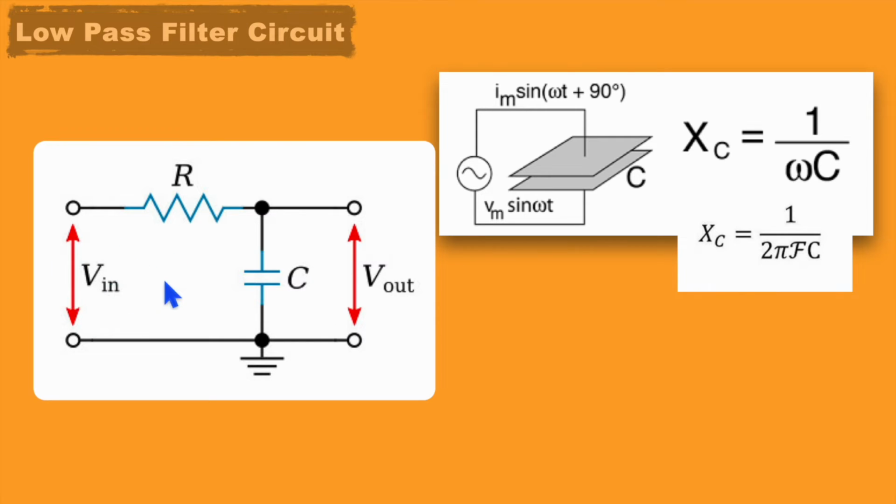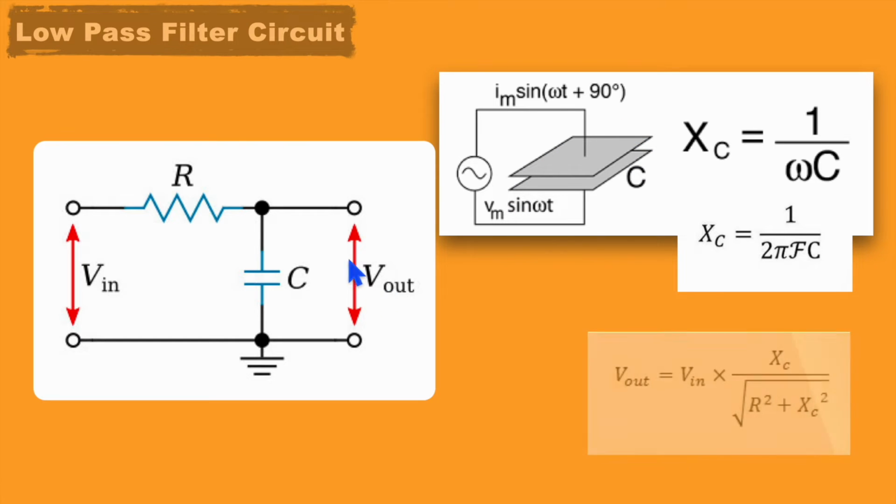But for higher frequency input, this capacitor will never accumulate the maximum charge on its plates and will keep charging and discharging very rapidly. So the voltage drop across this capacitor will be negligible. So now we can say for high frequency input, this Vout will be 0. So the functionality of the low pass filter we understood with the help of the basic concept of a capacitor. Now let's understand this with the equation.